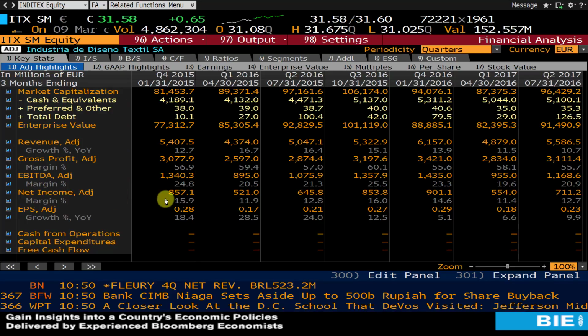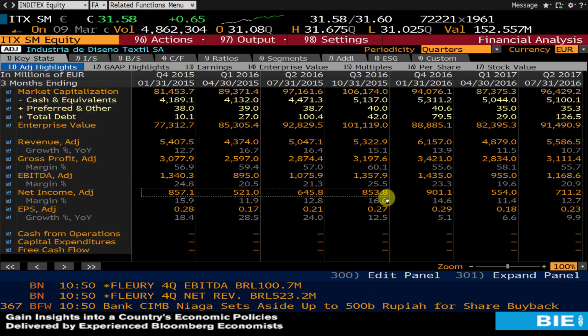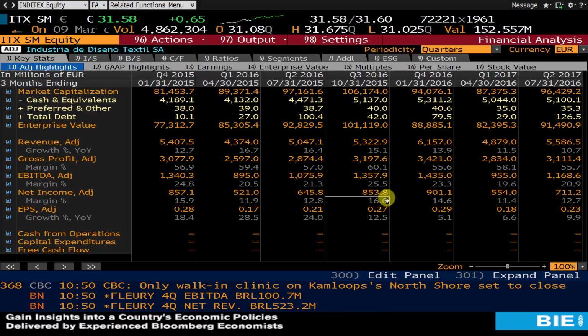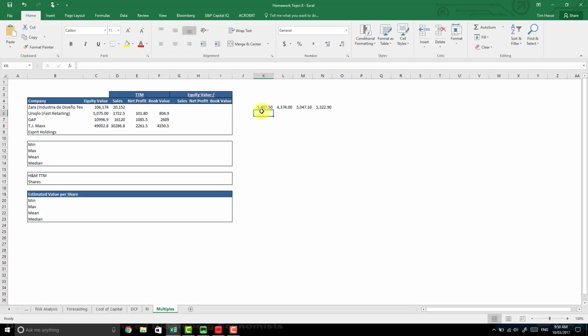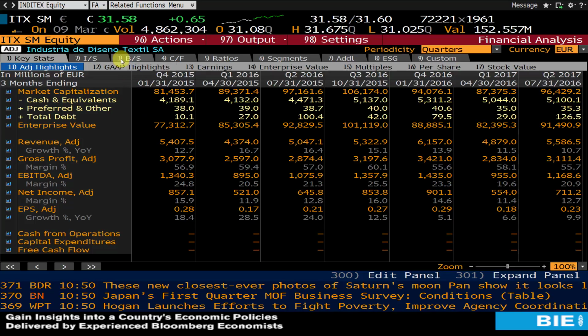Net profit and net income are exactly the same thing, so in this case I'm just going to highlight the last 4 quarters. Paste it and go down and I see it's 2877.7. So 2877.7. The final figure I need is book value, and book values are easy because they're just snapshots in time,